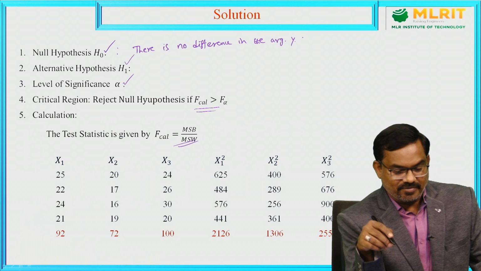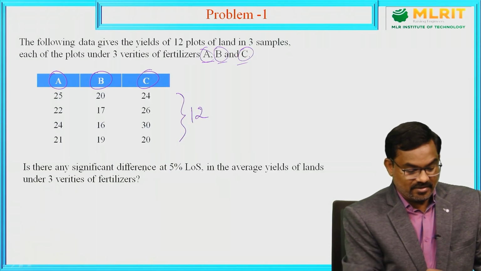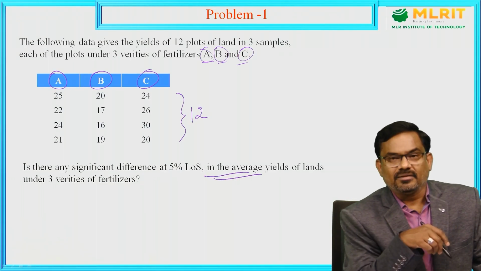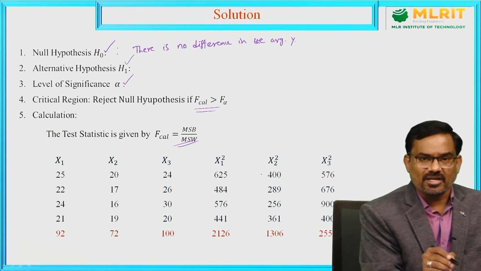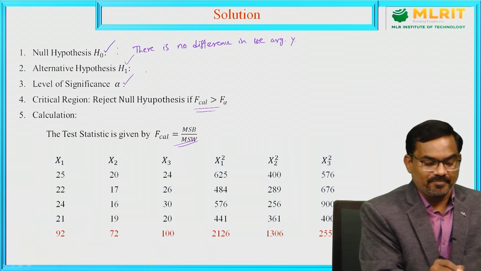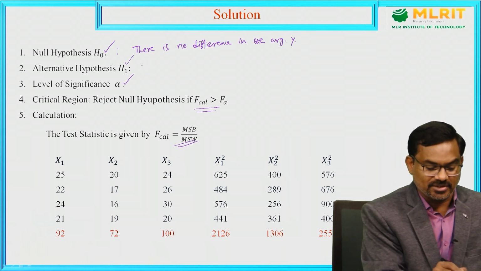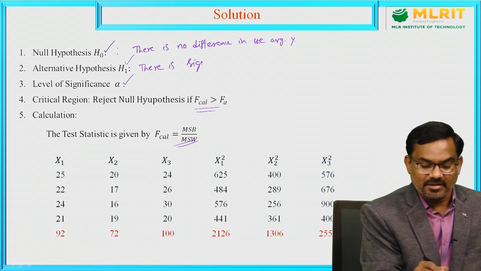There is no difference between the 3 varieties in the average yields of lands, that we need to check. So, we consider the null hypothesis as there is no difference, and against it the alternative hypothesis, yes, there is some significant difference